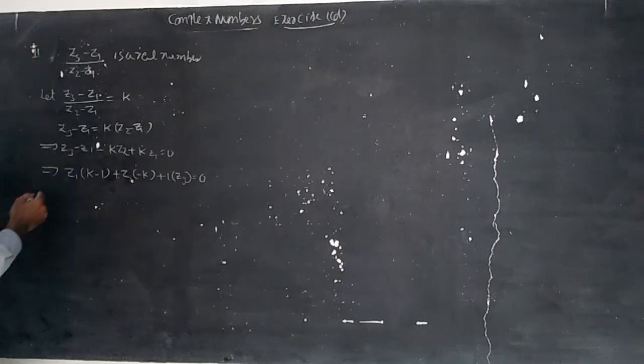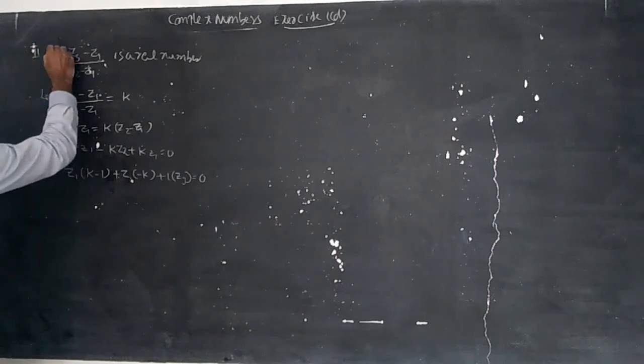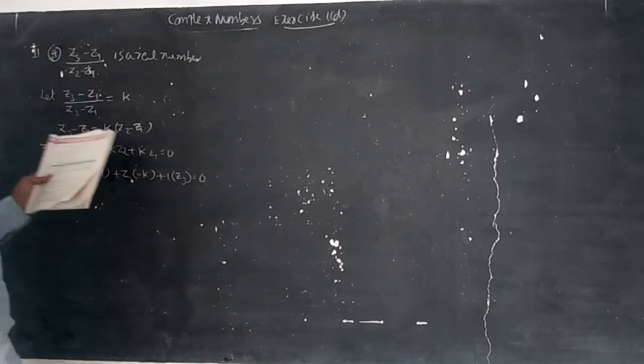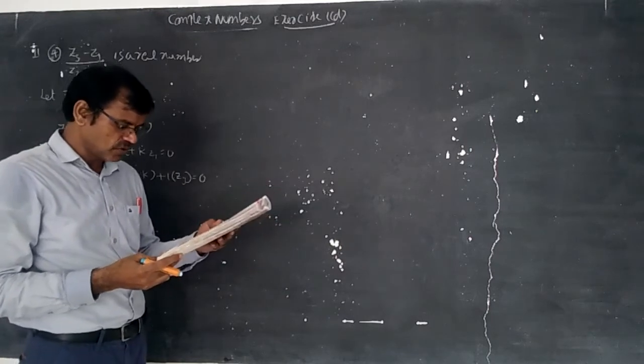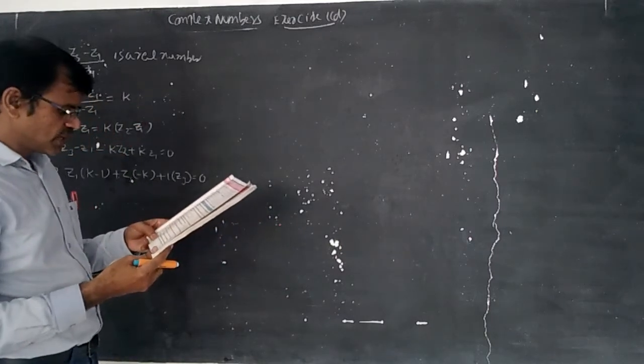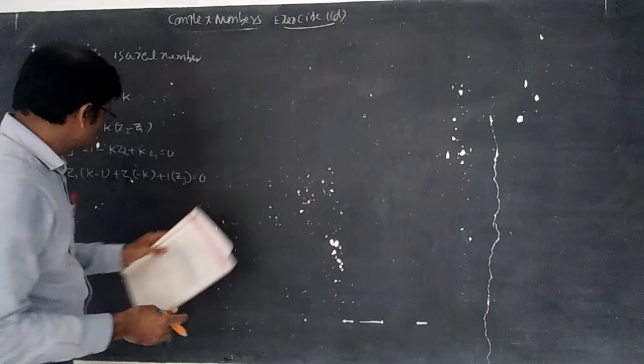So that the points in the Argand plane representing the complex numbers Z1, Z2, Z3 are collinear if and only if there exist real numbers P, Q, R such that...